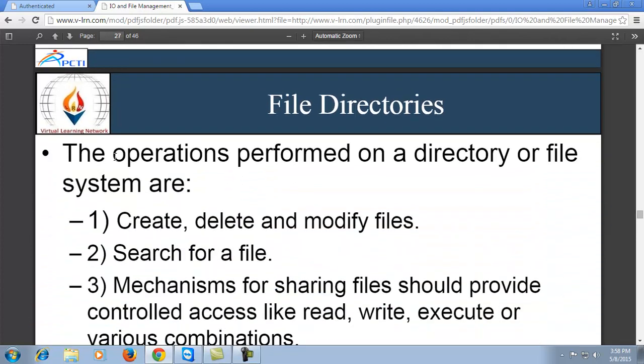The next is file directories, which also have a number of operations performed on the directory or file system: creation, deletion, modifying, and searching for a particular file by its name or by its index number. The mechanism for sharing files should provide controlled access, like read operation, write operation, execute, or various combinations of these for those particular files.